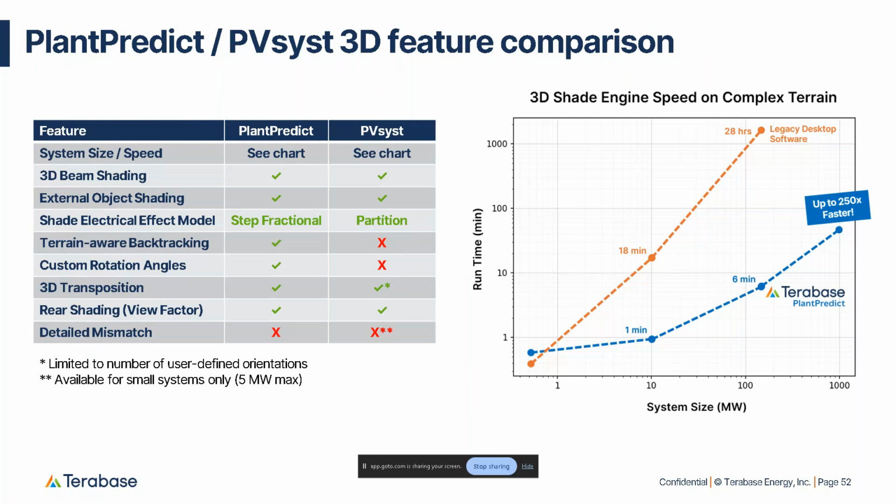For the rear shading, both software perform about the same way. And then when we come to detailed mismatch, we do not have a detailed mismatch. PVC allows that, but only for systems up to 5 megawatts, which is not the type of power plant that we are looking into modeling. And with that, we are done with this deep dive into the shade engine, and we're going to our third